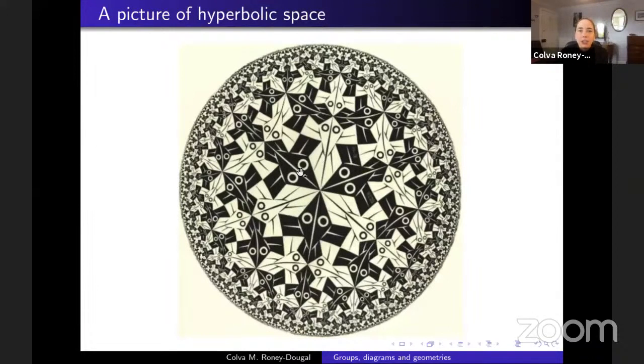You want to imagine that every single one of these shapes is actually the same size as all of the other shapes. It's just that I'm trying to draw them on a flat plane, or rather Eshel is drawing them on a flat plane, so they don't look like they're the same size because he's having to squish them in. But you can see these skinny triangles coming around here, and you can maybe see that as we try and make triangles further and further out, the distortion is going to grow and grow and grow. The triangles are going to look skinnier and skinnier and skinnier.